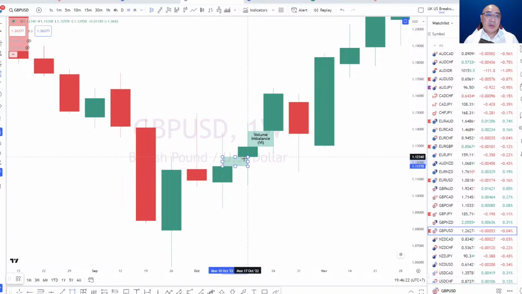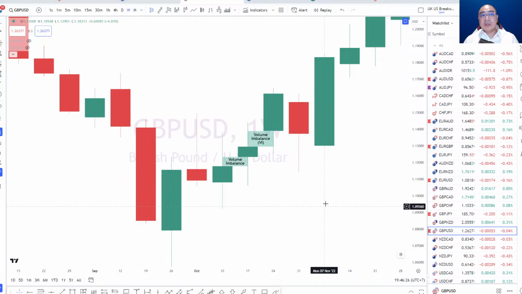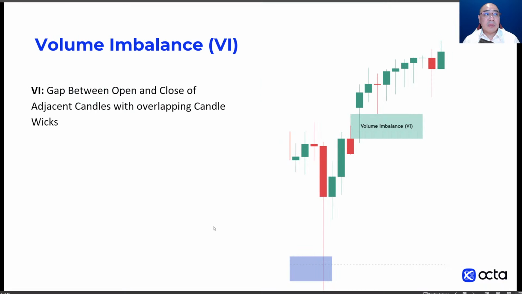It's because this one here created a volume imbalance as well. So this is actually a very unique scenario, right? So we're still connected. To a certain degree, we're still connected. And if you think that it feels like a fair value gap, but somehow there's no gap or anything like that, it could be a volume imbalance. This is part of an imbalance in the market. Does it mean anything significant at all? It's probably not something strong, right?